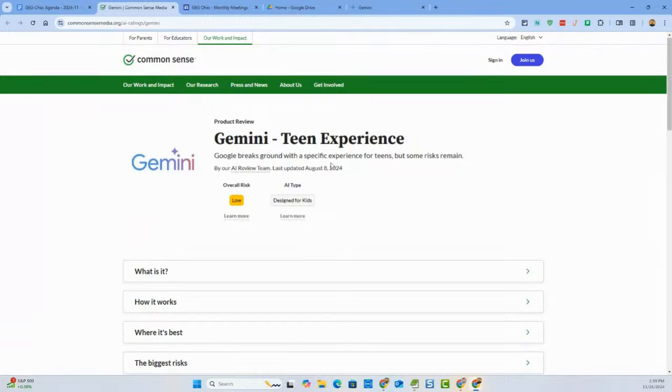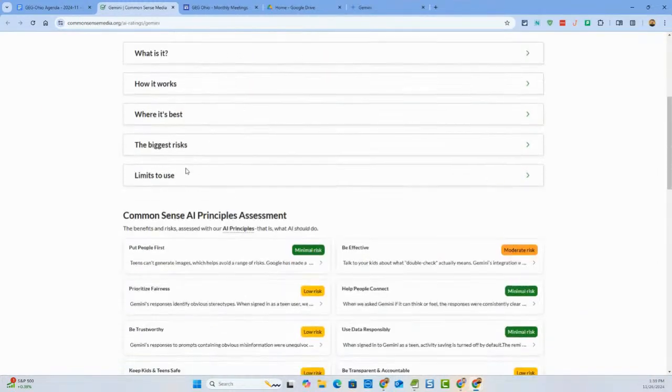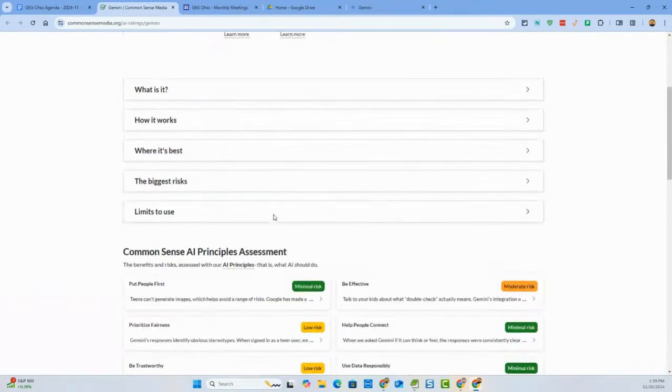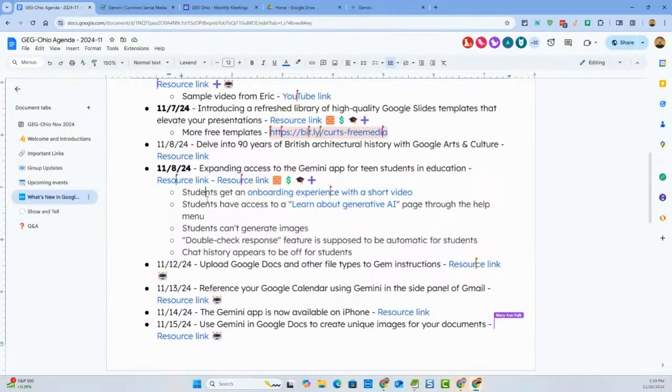How is it different than as an adult? And they break down all of the things that make it a little different. And I tried to summarize some of those. So here are at least 5 things. Maybe there's more, but there's at least 5 things that seem to be different if you're using a teen account,